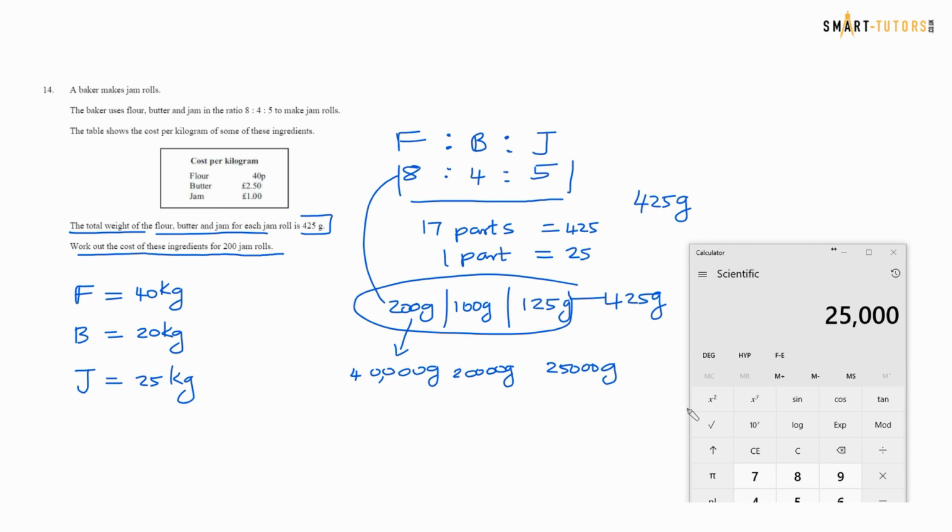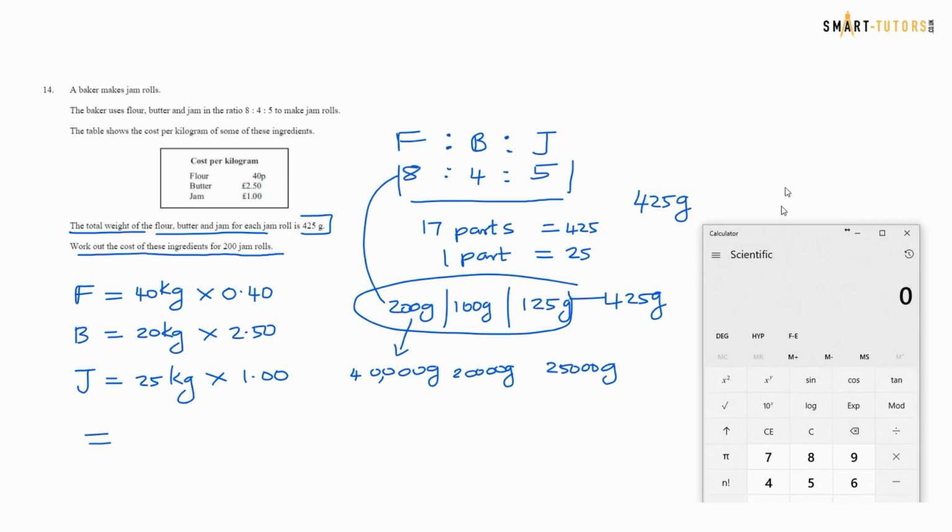So now come back to the cost for this one. Work out the cost of this ingredient. 1 kilogram is 40 pence. So 40 kilogram times, we will make everything in pounds, so 0.40, and times 2.50 times 1 pounds. That's all you need to do. So the answer for that one is,